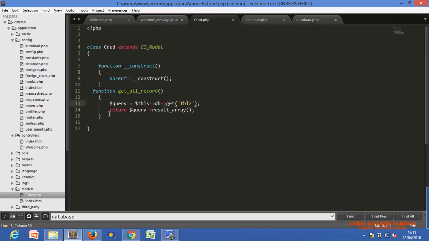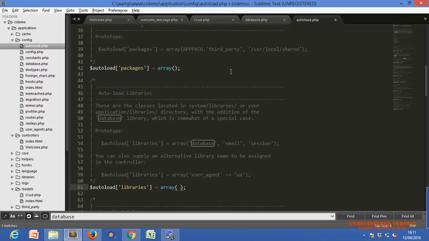We have used this get function. If we didn't include the library, there is no definition of the get function. So we have to include the database library. Then only we can use the CodeIgniter code for the database related queries.